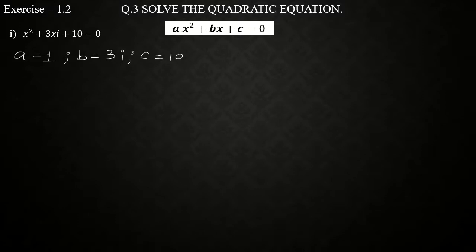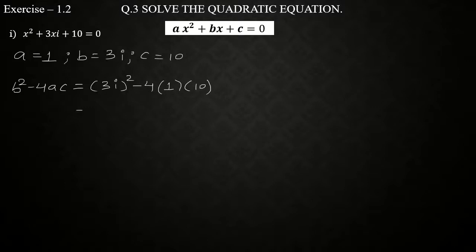Because these are the quadratic equation which we cannot solve by factorization, by using splitting the middle term, इसलिए by default हम formula method के साथ जाएंगे. So by comparing with standard form we get A, B and C. Now what we do, we find out answer of discriminant, which is called as b square minus 4ac. So instead of b we have 3i the whole square minus 4 into a into c, which is 10.